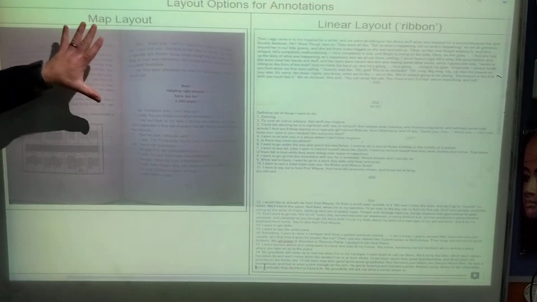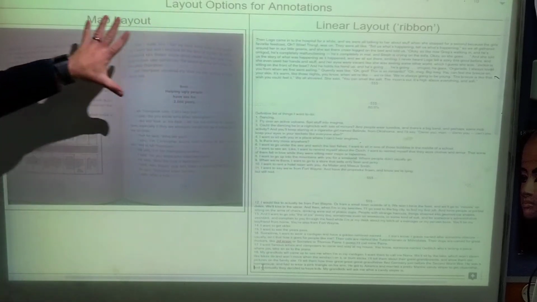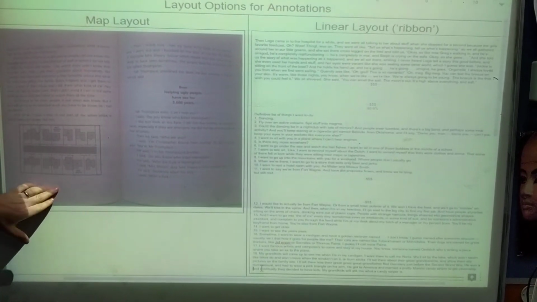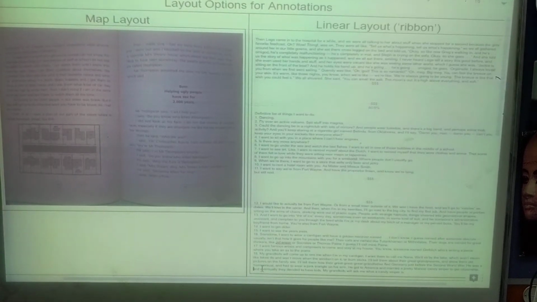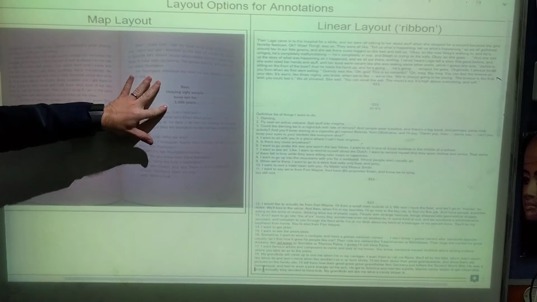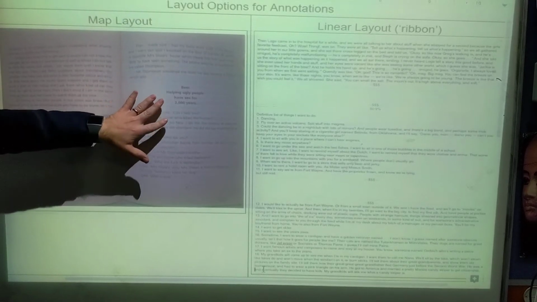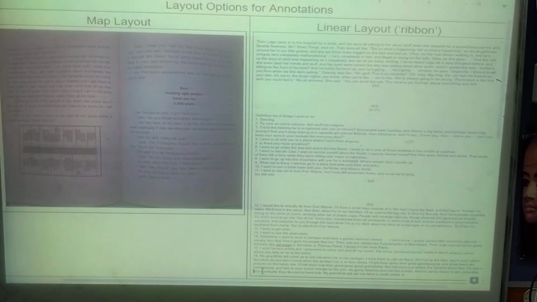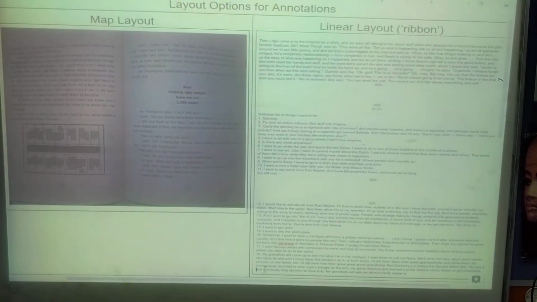There's the map layout, and I've got a photo or an example of a section from Curious Incident of the Dog in the Nighttime. I think I'm on page 46, 47. If you know the text, the sections where there's a layout of the street, there's a little quote here, beer, helping ugly people have sex for 2,000 years. So if you're familiar with that part of the text,